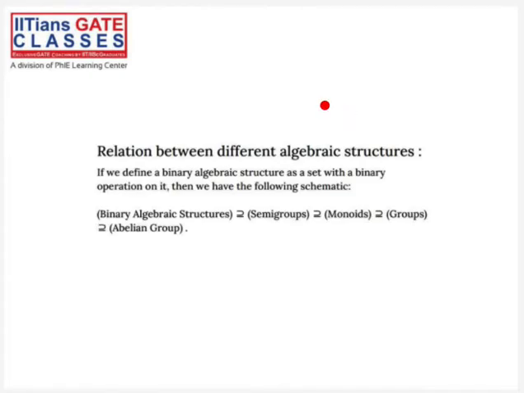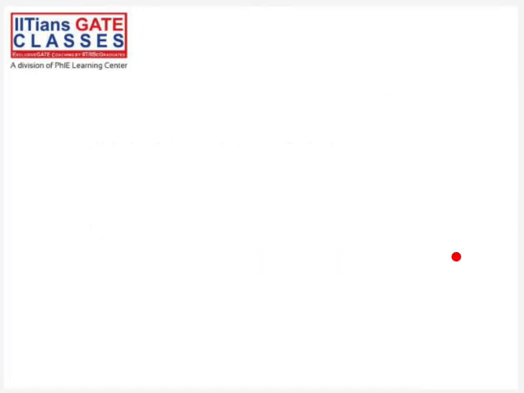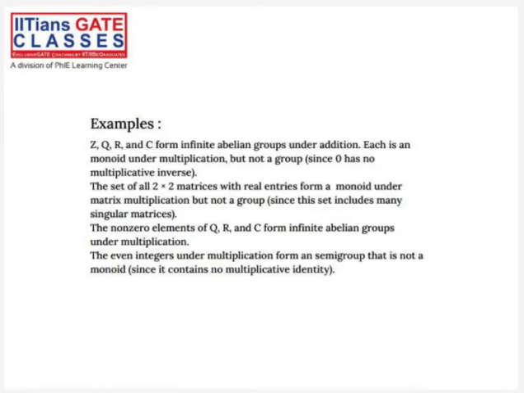Now, we have already seen that every monoid is a semigroup, every group is a monoid, and every abelian group is a group. So all these things we have already seen. Okay, let's move on. And what is the next thing? These are some examples. The first example is